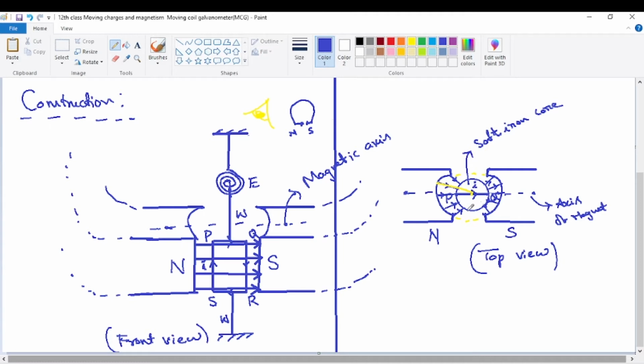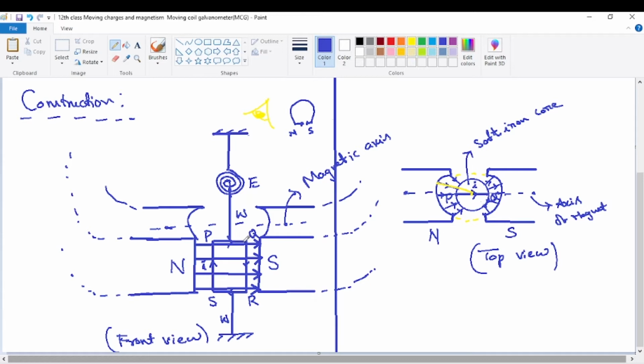Now here a circle also can be seen. What does this circle mean? It's actually a magnetic core inside, simply called the core. It's a soft iron core. It's made of a special iron called soft iron. Soft iron is a very strong magnetic material.